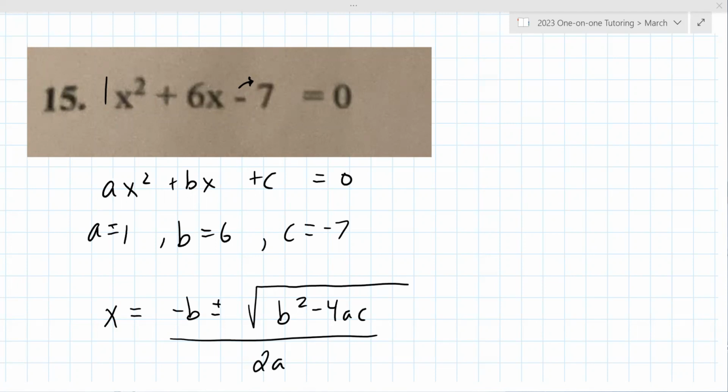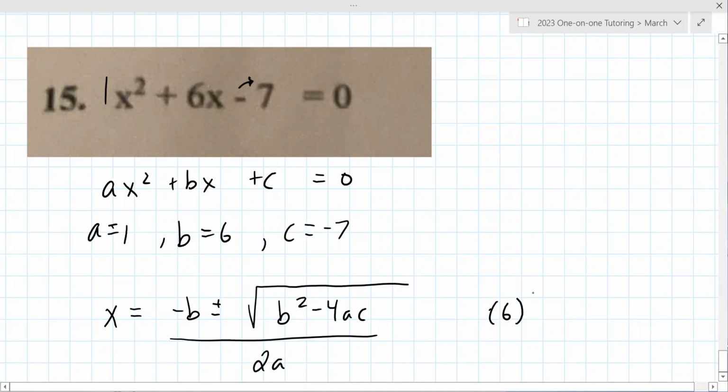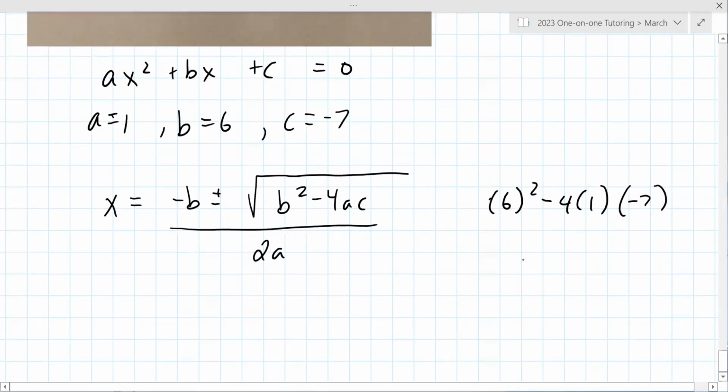We're at 64. Yes, it should be. This one actually is a perfect square there. 6 squared minus 4 times 1 times minus 7. So it's 36 plus 28, which is 64. Perfect. Very good. Okay. So you might consider doing that off to the side rather than trying to do it